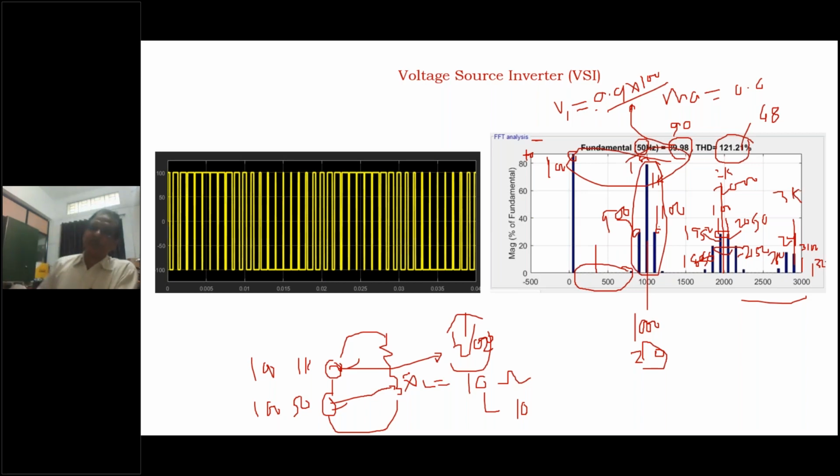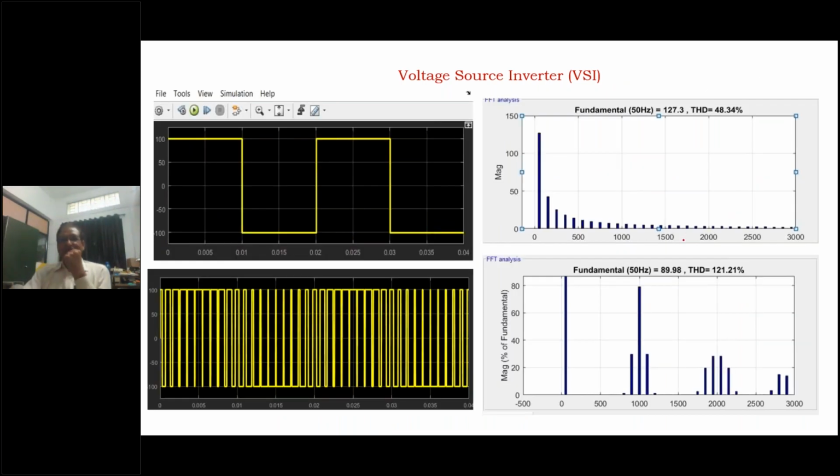I have taken 1 kilohertz. If your switching frequency is 20 kilohertz, the harmonics current will be almost negligible. So current is not a problem. There is no problem for current if higher order harmonics are there. But in the voltage there are harmonics, therefore THD is very high. I'm going to consider here an example of comparison of both. Here THD is higher as compared to the square waveform. But what happened? Lower order harmonics are not there. That is the case, and anyhow we want to avoid the lower order harmonics.